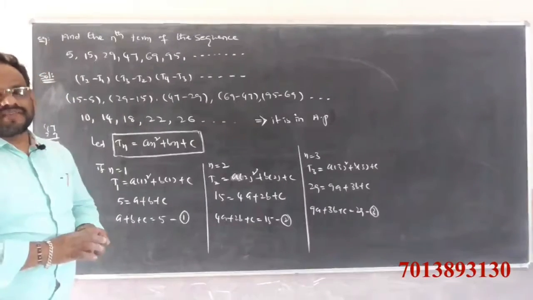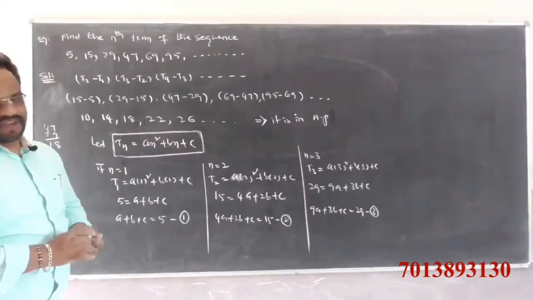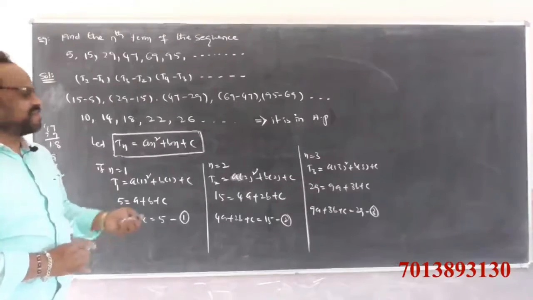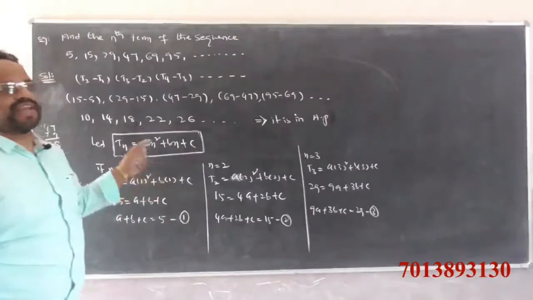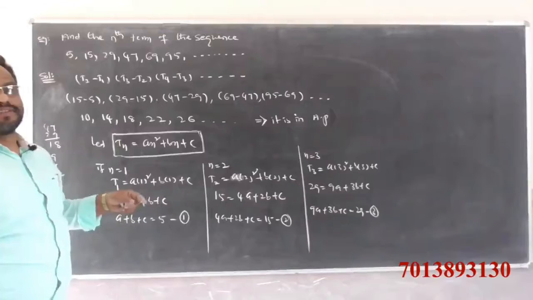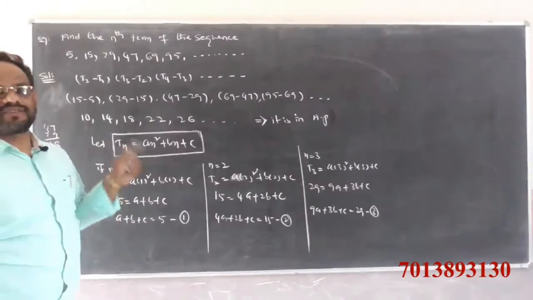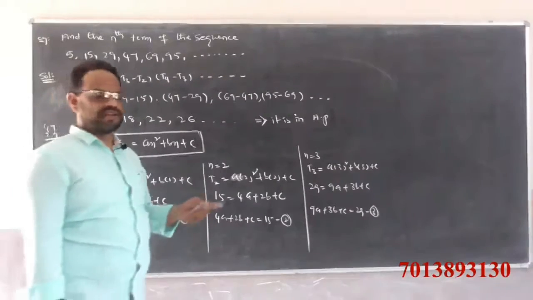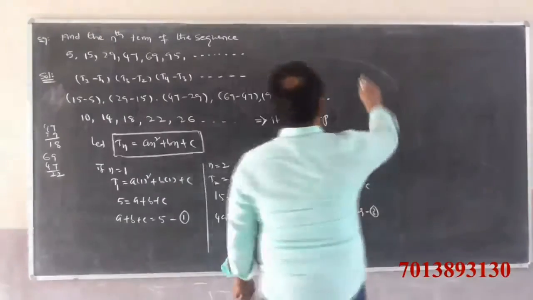Solve these 3 equations, we get A, B, C values. If you take A n cube plus B n square plus C n plus D, take 4 equations and solve them, we get A, B, C, D values. So that's why